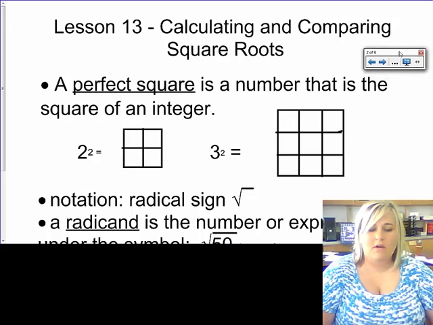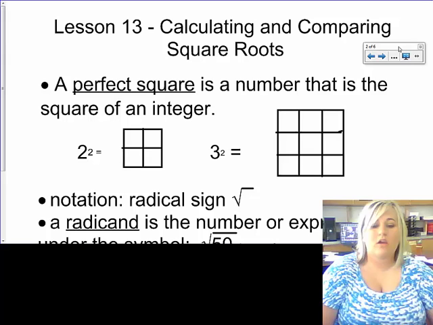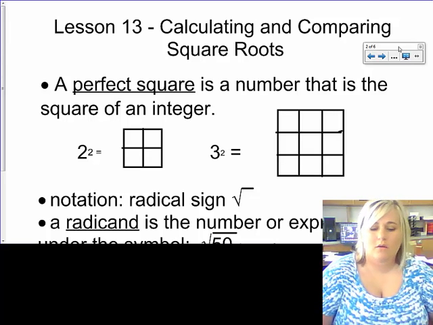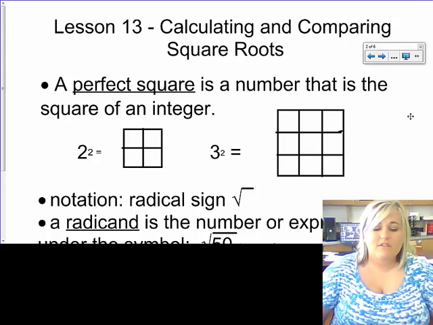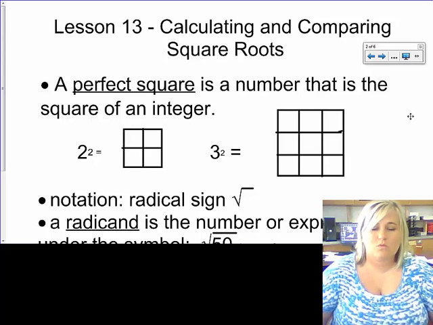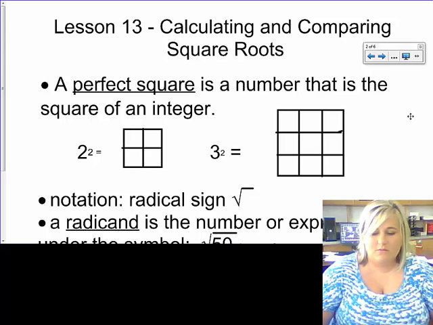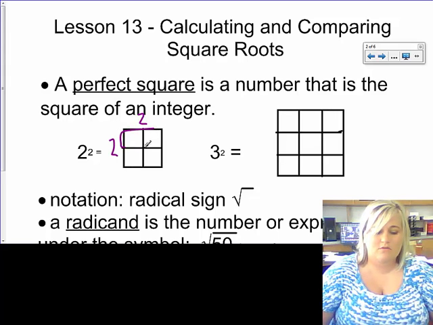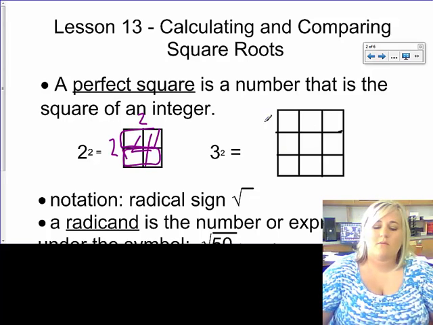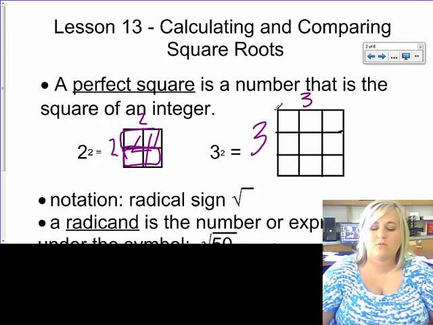Okay, what we're talking about today is lesson 13, calculating and comparing square roots. A perfect square is a number that is the square of an integer. So for example, they give us 2 radical 2 here, and this is 2 multiplied by 2, which gives us a perfect square. We have these 2, and we have these 2, which gives us 4 for our perfect square. Same thing happens here. We have 3 times 3, which gives us a perfect square